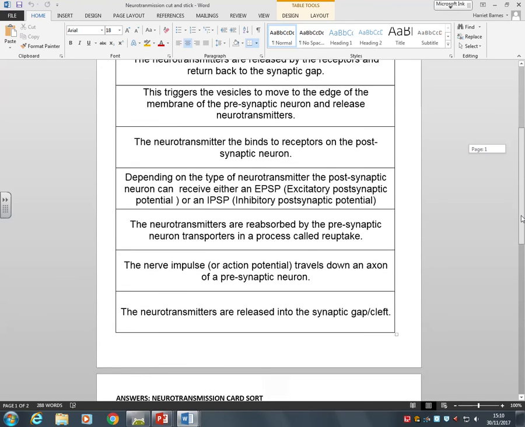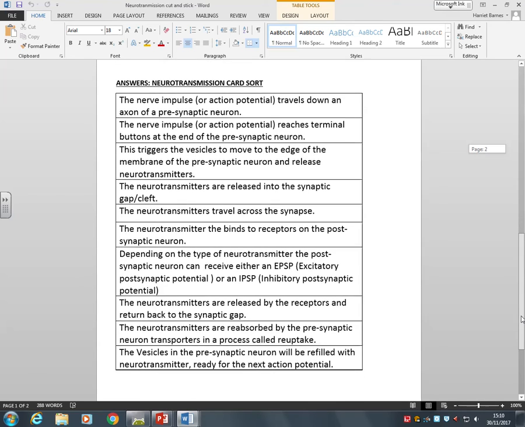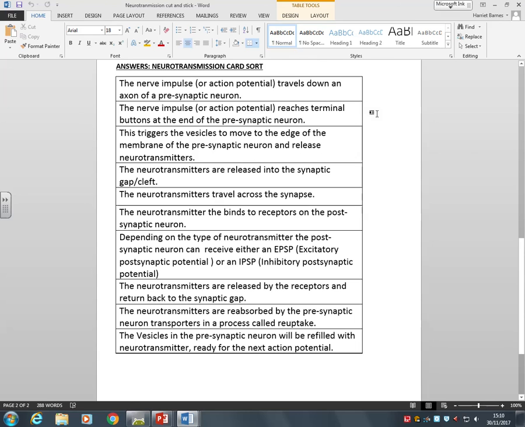Right, so if we go through the answers to the neurotransmission card sort, where you can stick them down, you've got the nerve impulse or action potential runs down the axon of the presynaptic neuron. We've been through all of this on the video before. Then the nerve impulse reaches the terminal buttons at the end of the presynaptic neuron. This triggers the vesicles to move to the edge of the membrane and release the neurotransmitters. They are released into the gap, they travel across the gap, they bind to the receptors on the postsynaptic neuron,